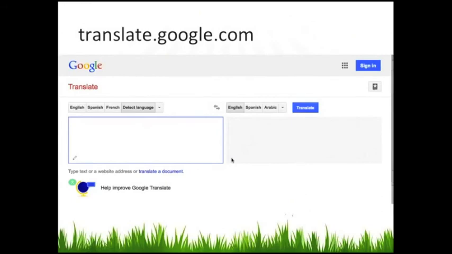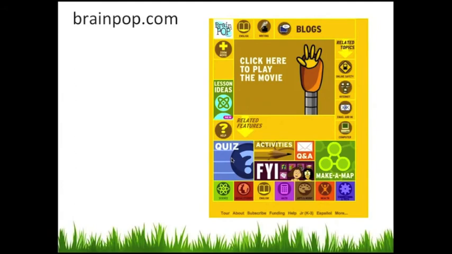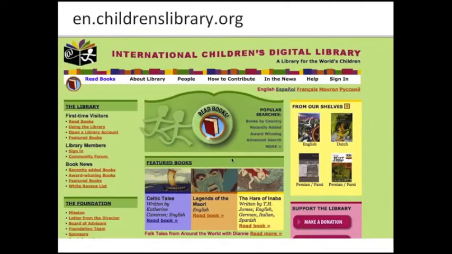I also use the translation tools. Let me show you. This is another site that parents use, BrainPop, and BrainPop has content for children in English and Spanish. But something the parents said was that BrainPop has videos, so most of the content is presented through videos, so their concern was that my child is not reading, he's watching cartoons and learning from the cartoons. There are different perspectives that parents bring to what is valuable as a tool for learning. So although the content was appropriate for them, they said, okay, I want my child to read books, and this website has books. So they really appreciated being able to read books online.